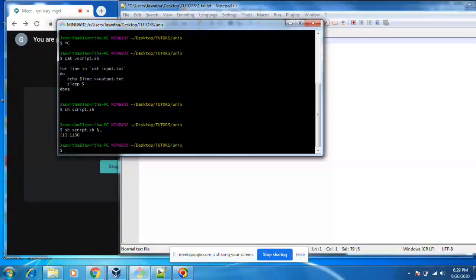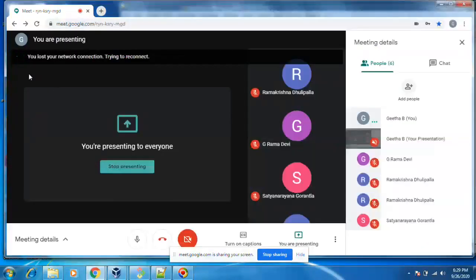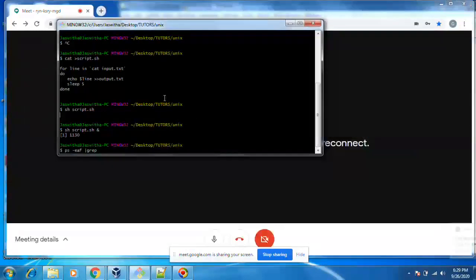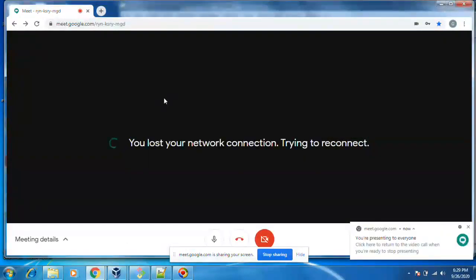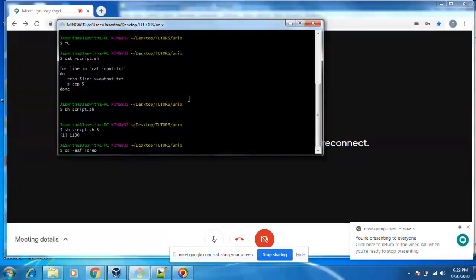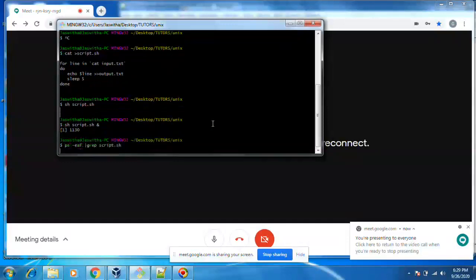You can see the process with grep script.sh.